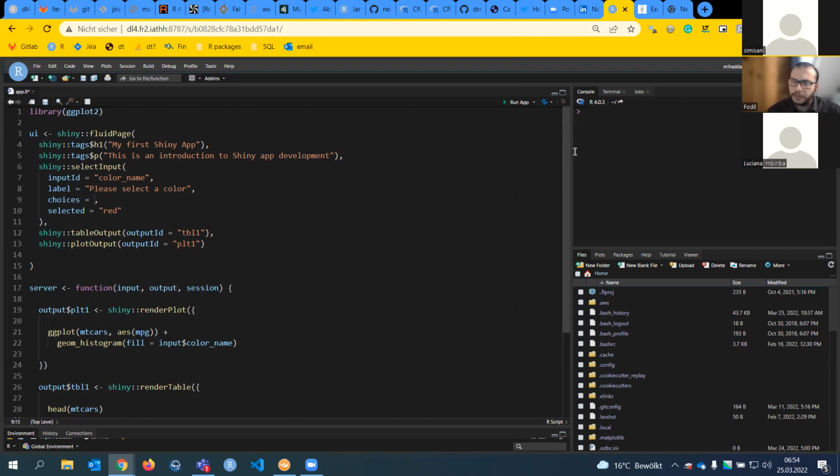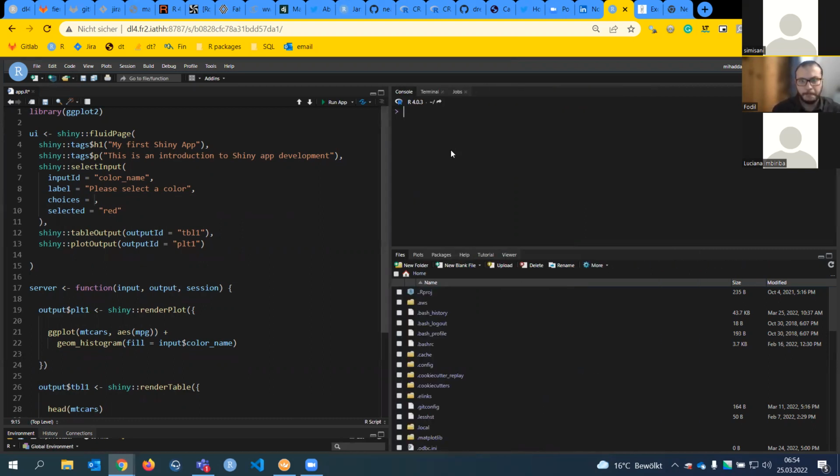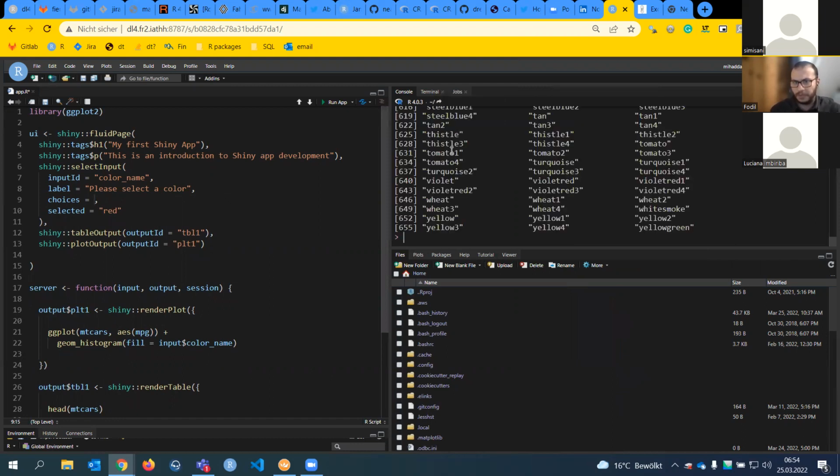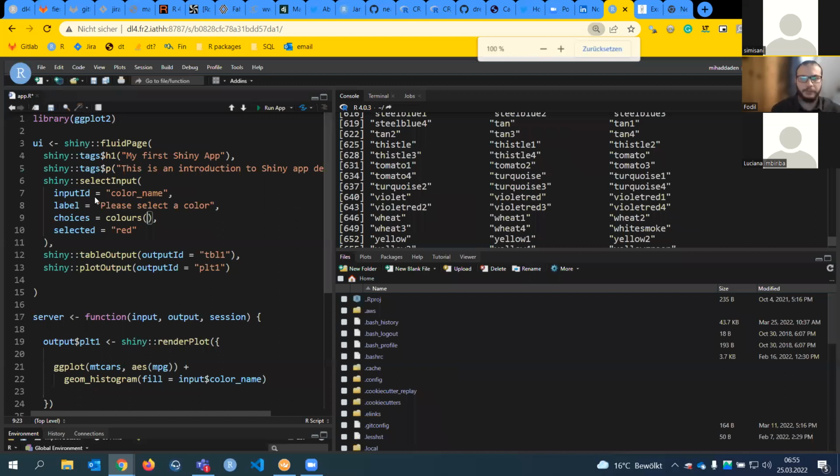And in R, there is a cool function called colors, which returns a vector of all the available colors. You have a vector of 655 or something, 657, if I count these two, right? So I can just use the colors function, which is a base R function, I think, or grDevices, yeah, it's base. And then don't forget the parentheses, because we want to call it, we want to get a result from this function. So the parentheses are really important in this case. Here we are. I run the app, and I will have all the colors.